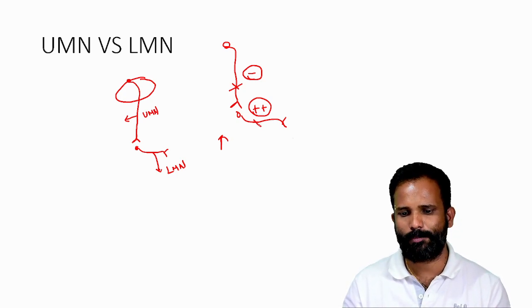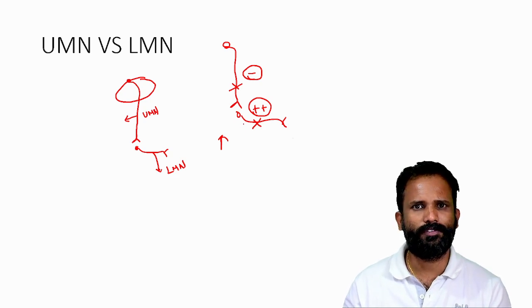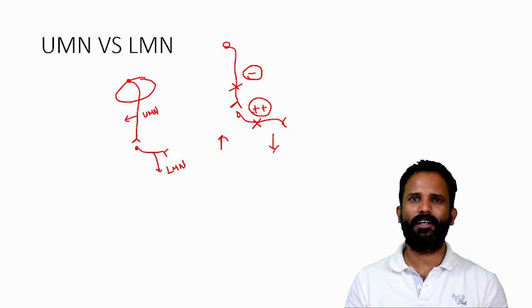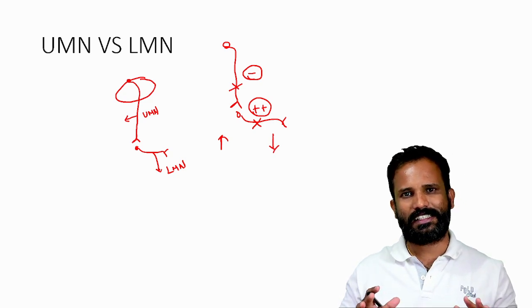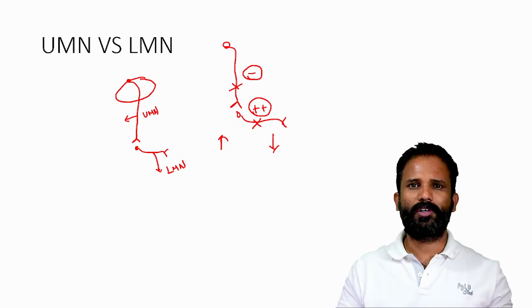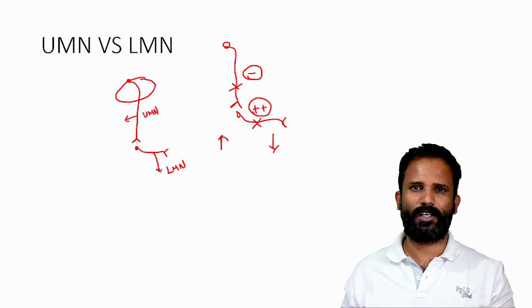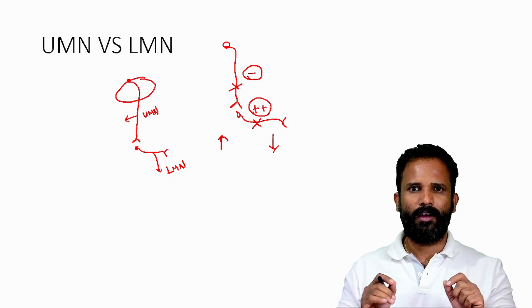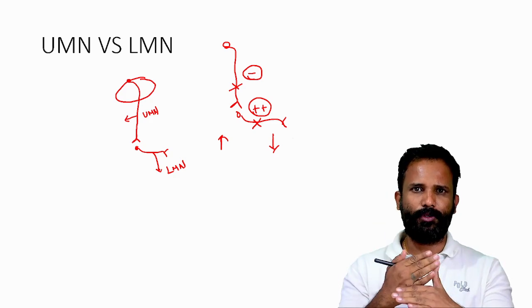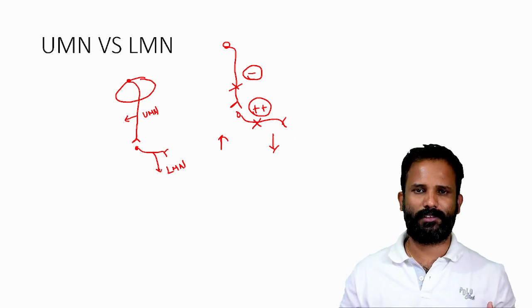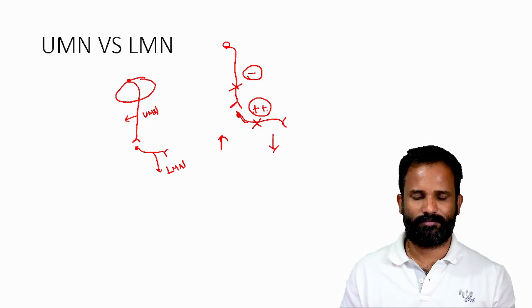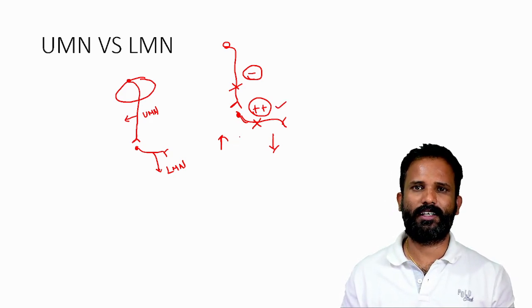Okay, what happens with the lower motor neuron? No information goes to the muscle. So tone is decreased. So simply, the upper motor neuron is controlling the lower motor neuron. If the upper motor neuron is damaged, usually it has an inhibitory influence over the lower motor neuron. Now, the upper motor neuron gives you the inhibitory impulse, and when you cut that, it will give you the excitatory impulse. In the sense, the lower motor neuron is now excited more, so that leads to increased tone.